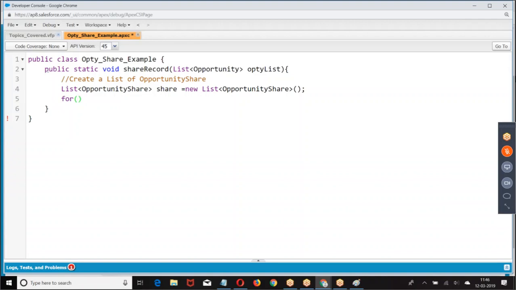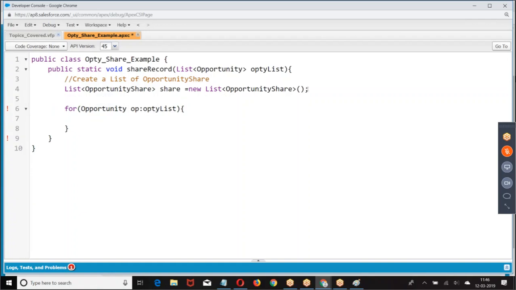Opportunity share equal to new list of opportunity share. Then I take opportunity records one by one. Then create an opportunity share.